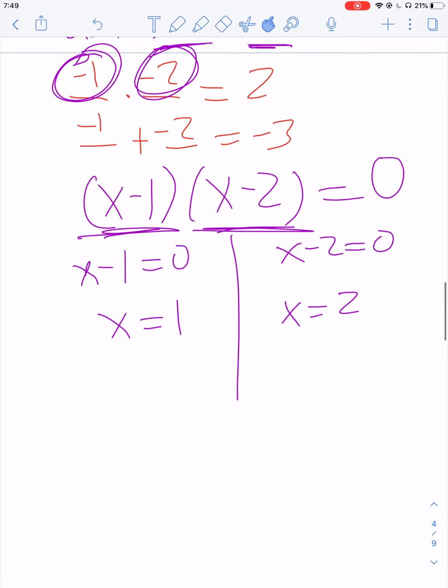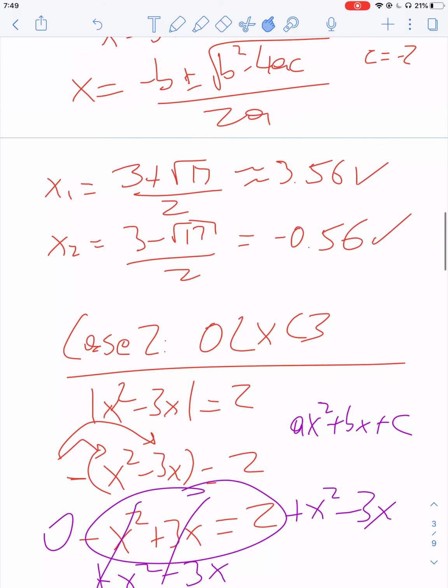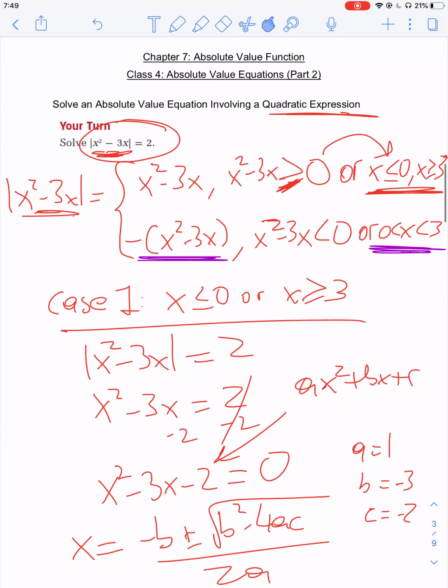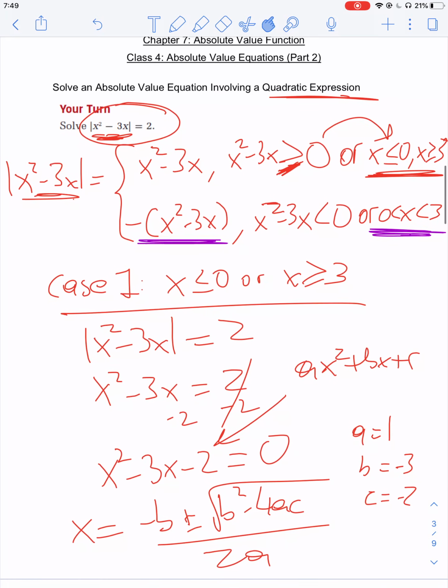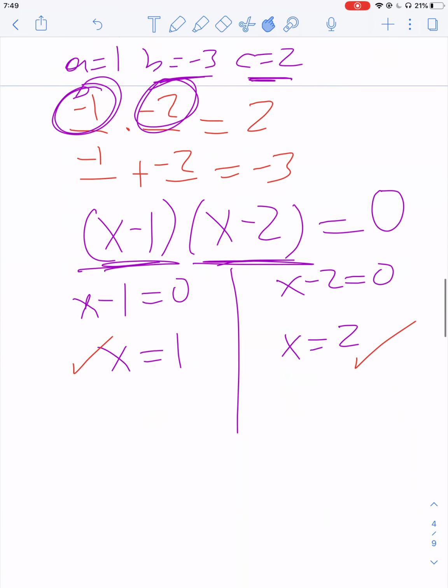So it seems like both of them are within my domain, so I'm going to have to accept both of them. And so that means my solution will be, there's actually 4